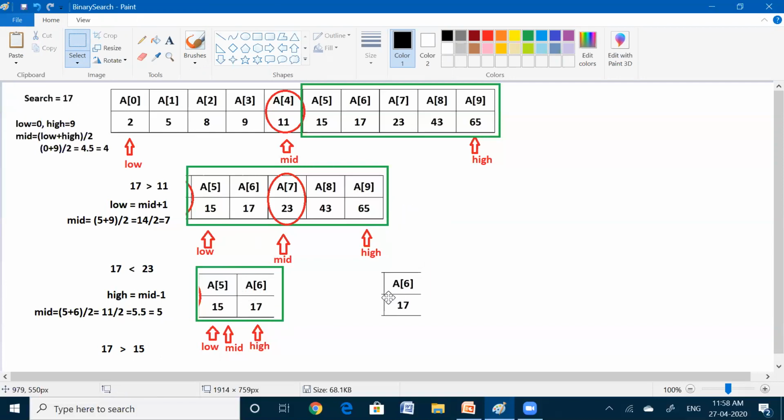The right side of the list contains only one element. Now on this list, again we need to apply the same procedure. We don't know whether this element is our search element or not. On the board we can see this list and easily identify that this element is 17, our